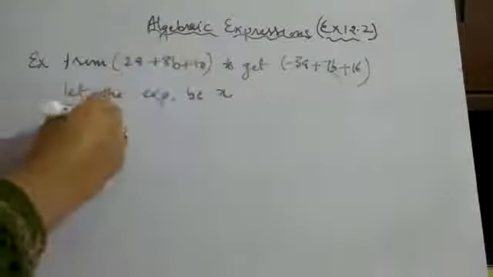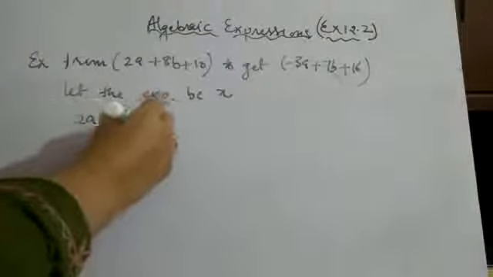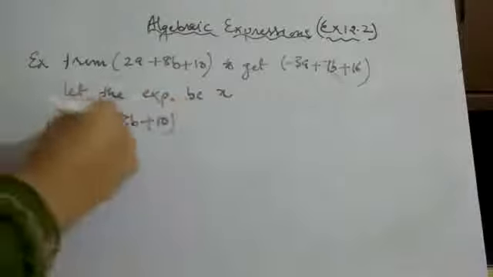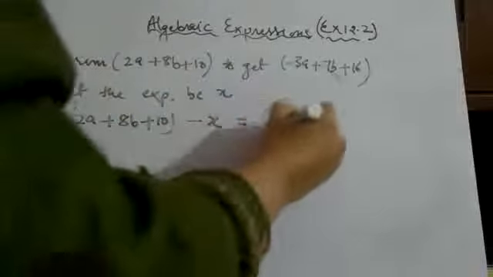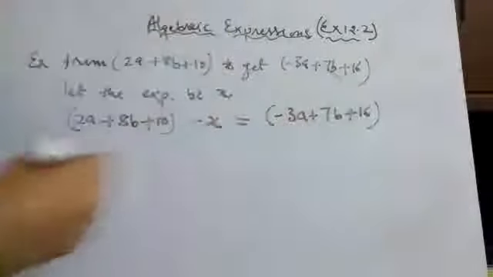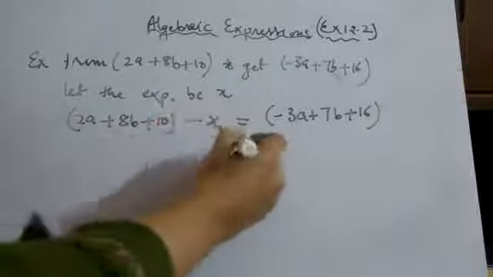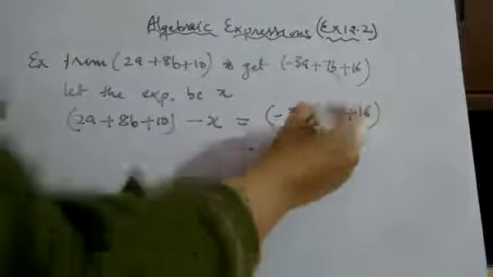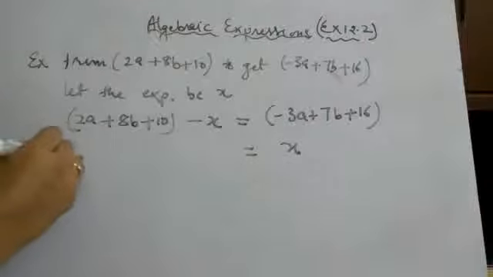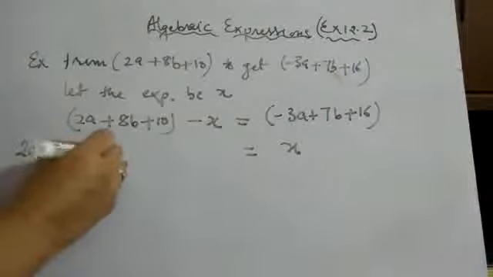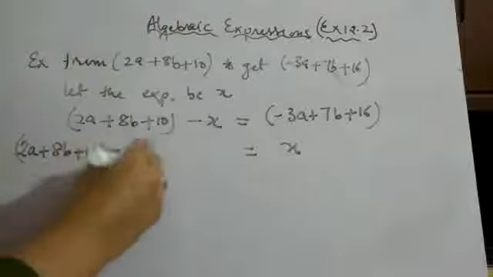From 2a plus 8b plus 10, what should we subtract so that you get minus 3a plus 7b plus 16? So this is minus x, it will go this side and this will come and subtract on this side. So 2a plus 8b plus 10 minus